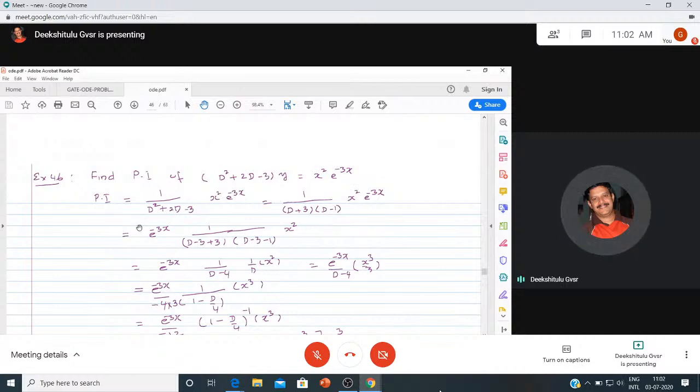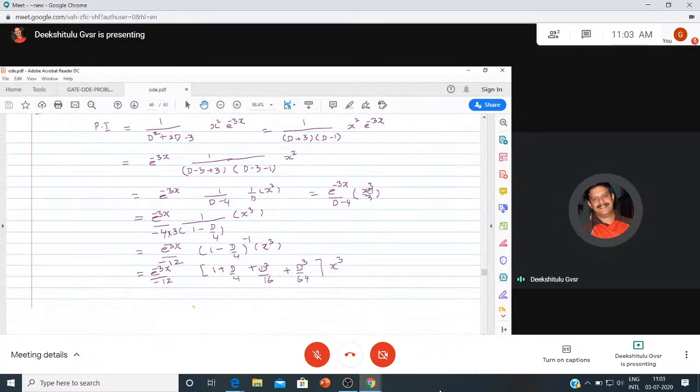Then the particular integral becomes 1 by d square plus 2d minus 3 operated on x square e power minus 3x. This is d plus 3 into d minus 1. So e power minus 3x, if you take it out, shifts d by a. So a is minus 3. So 1 by (d minus 3 plus 3) into (d minus 3 minus 1). So this becomes e power minus 3x, 1 by d into (d minus 4). Okay. So 1 by d is